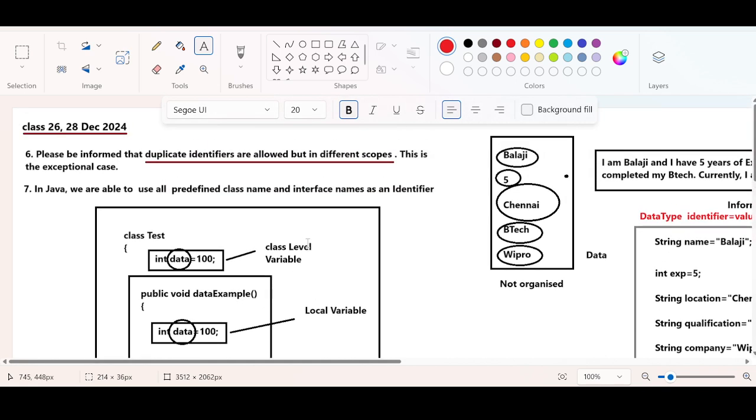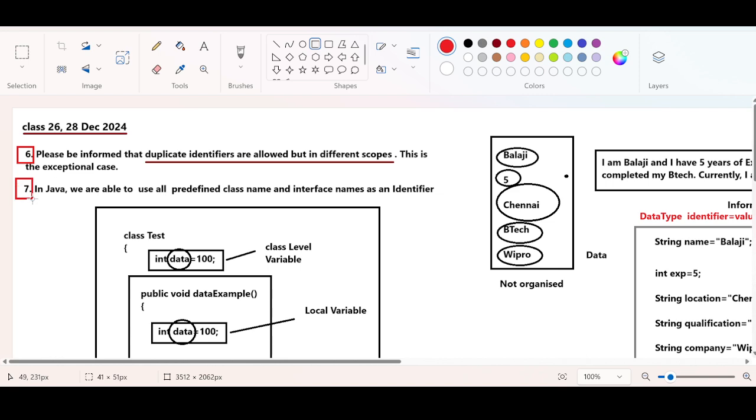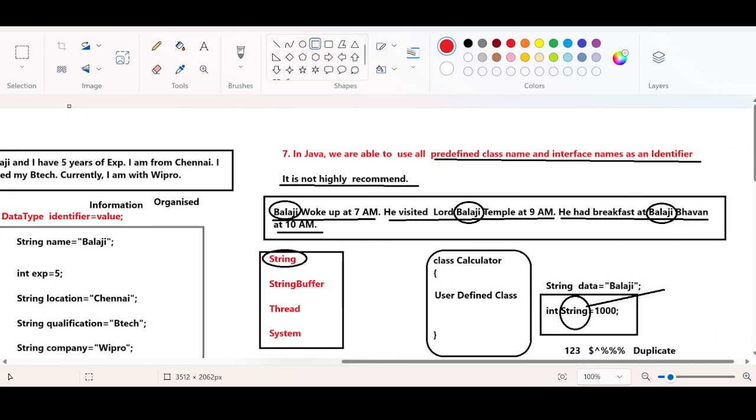Class scope as well as the variable scope. Today we have understood only these two. By this, by the 6th point and the 7th point, I can completely conclude that we have successfully completed identifiers. Okay. That's it. Do you have any